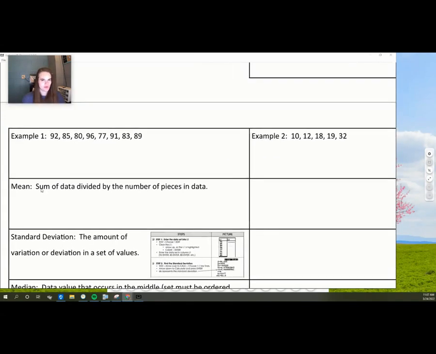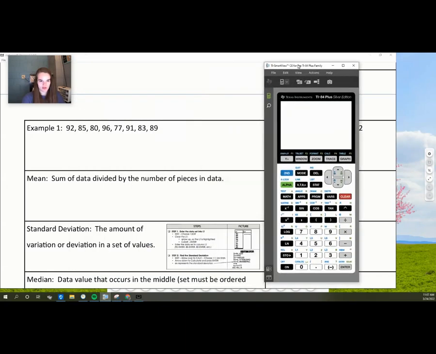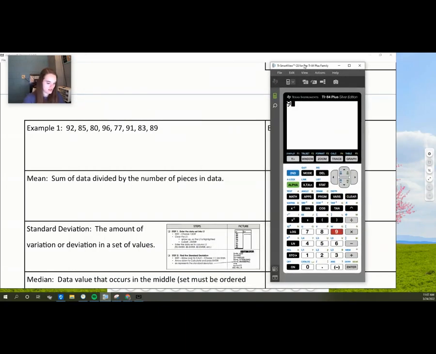Mean you're used to it probably being just called the average, but mean is simply the sum of data divided by the number of pieces of data. So we're going to start with this piece here. We're just going to start adding them and divide by however many there are. So 92 plus 85 plus 80 plus 96 plus 77 plus 91 plus 83 plus 89. That's 693. There's 1, 2, 3, 4, 5, 6, 7, 8. So that divided by 8 is